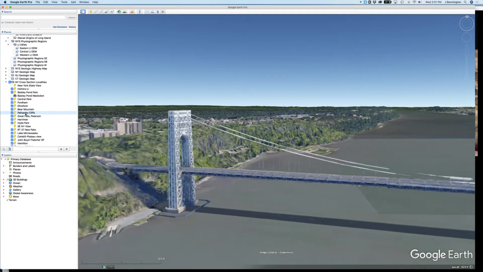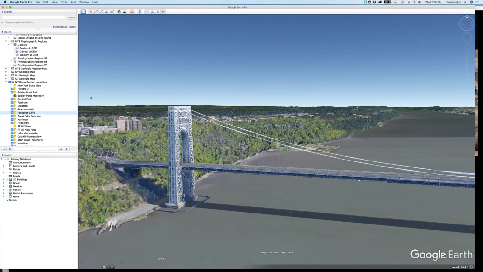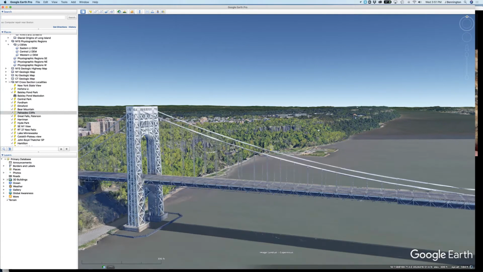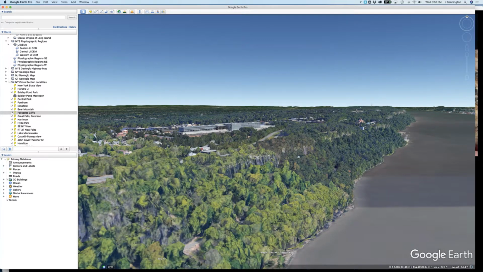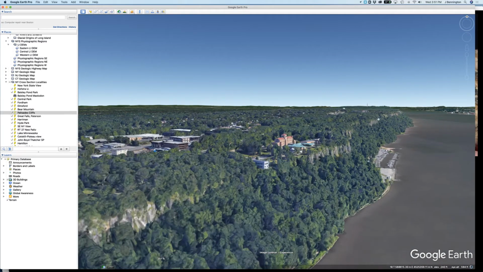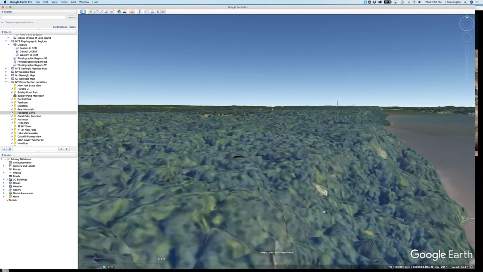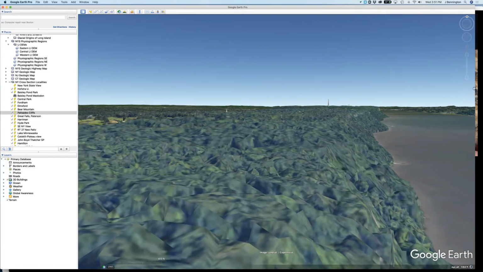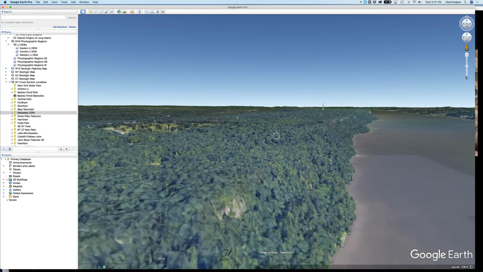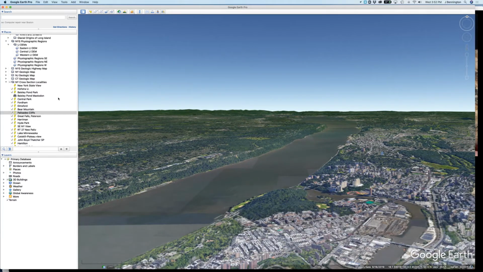the Palisades Cliffs. If you've ever crossed the George Washington Bridge on a nice day, certainly you would have noticed this beautiful, very, very steep cliff line that stretches northward along the Hudson River. And if you follow the Palisades Cliffs, they take you pretty much up to the gateway to the Hudson Highlands. And if we just fly upward here a little bit,